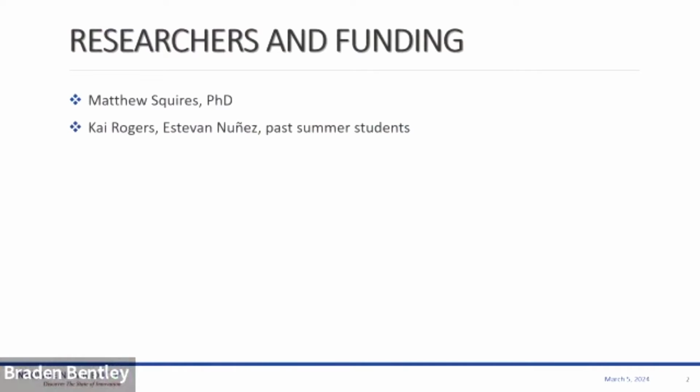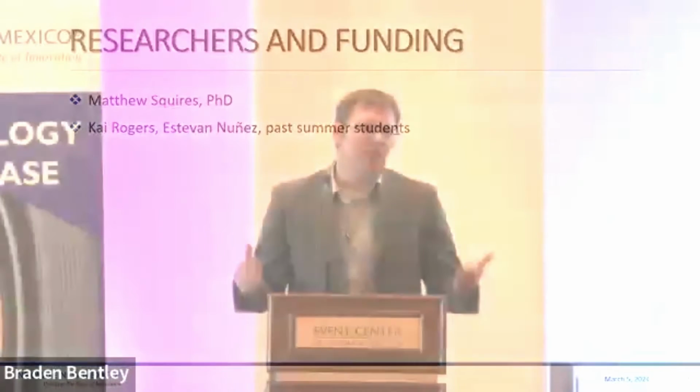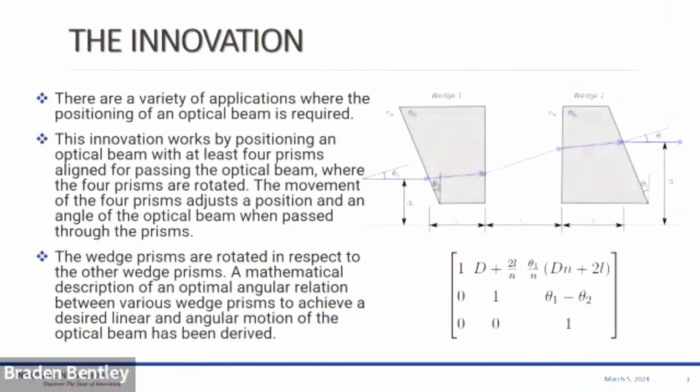We started looking at how we can use prisms instead of what's typically used, which is a mirror. You take the laser, you shine it onto a mirror, and based on how you rotate the mirror, you're able to control the position of the light. So we're looking at using these prisms. Next slide. It roughly looks like this. We have two prisms. We send light, which is blue in this